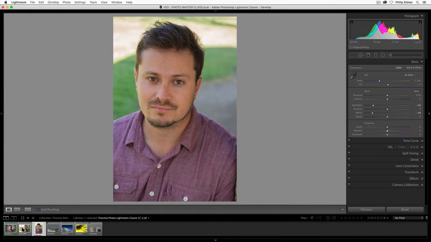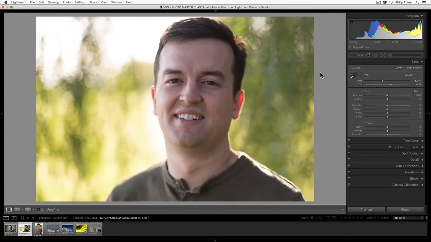You can really see with my face because I know that I have a lot of red in my skin. If I drag up the saturation, it's like, wow, my skin looks crazy. I mean, the background of this photo looks really crazy too, but dragging up the vibrance looks a lot better. It's a lot more natural if you want to add color for a portrait. Stick with vibrance.